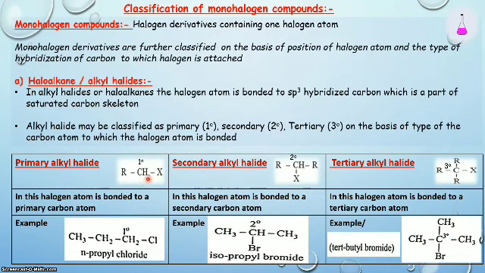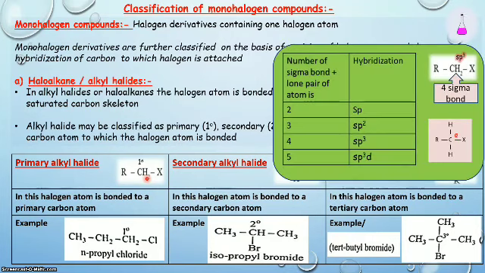How to find out or calculate the hybridization of any particular atom? There are different methods to find out the hybridization of any specific atom. But let us talk about a very simple method. Total number of sigma bonds and lone pairs of electrons of any atom gives an idea about the type of hybridization. If this total is 2, then hybridization is sp. If this total is 3, then hybridization is sp2. If this total is 4, then hybridization is sp3, and if this total is 5, then hybridization is sp3d.